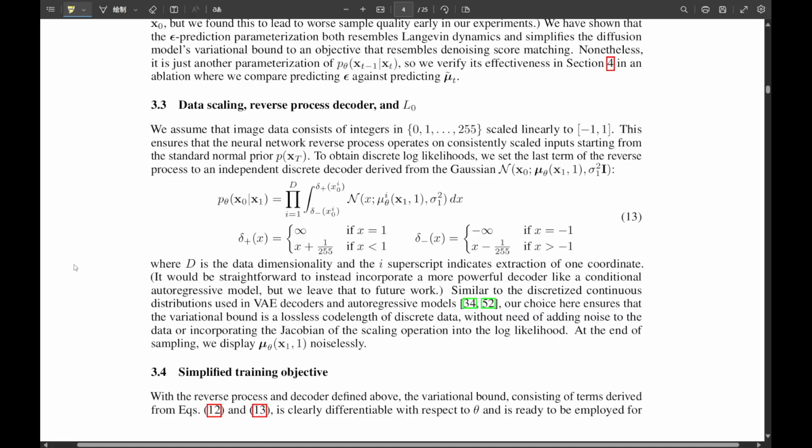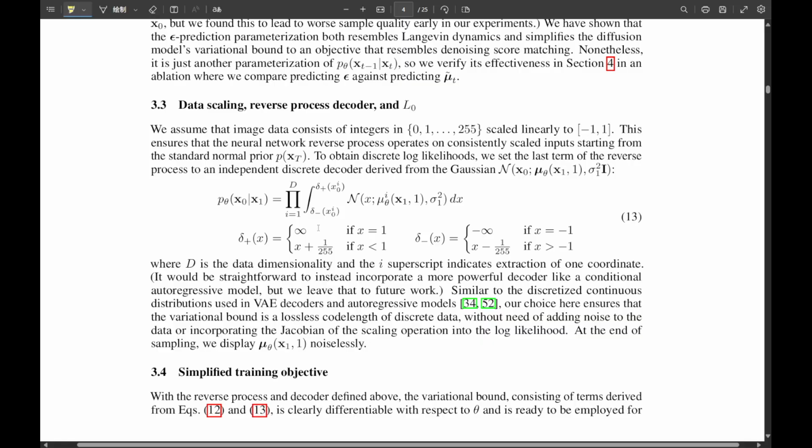This connection is arguably the single biggest reason DDPM suddenly became so incredibly good. Okay, break it down for us. So Ho, Jain, and Abbeel showed that if you set up the math, the parameterization of these diffusion models, in a very particular way... Parameterization meaning how the model represents things internally. Exactly. How you define the learned parts. If you do it right, the whole training objective becomes mathematically equivalent to something called denoising score matching, but done across many different noise levels simultaneously.